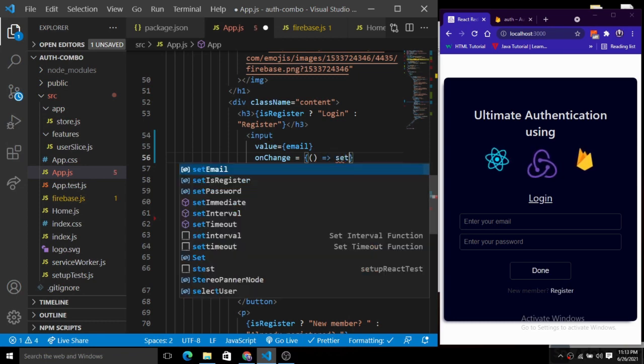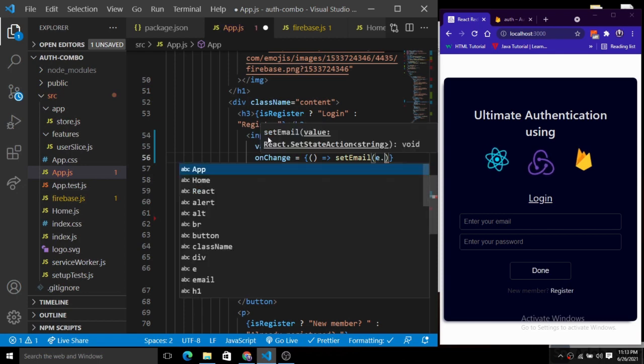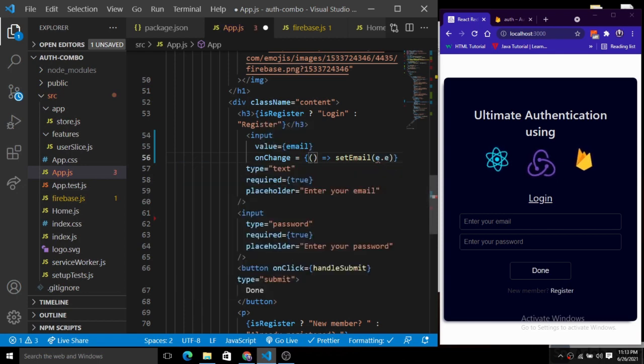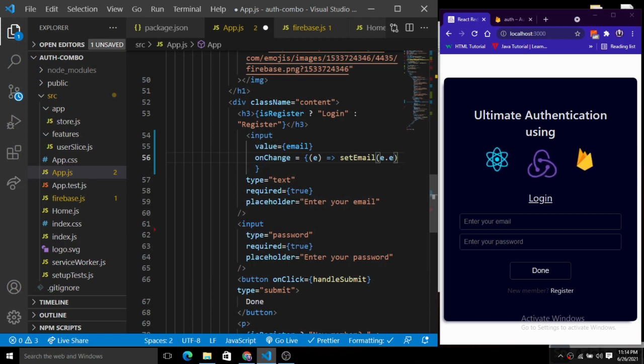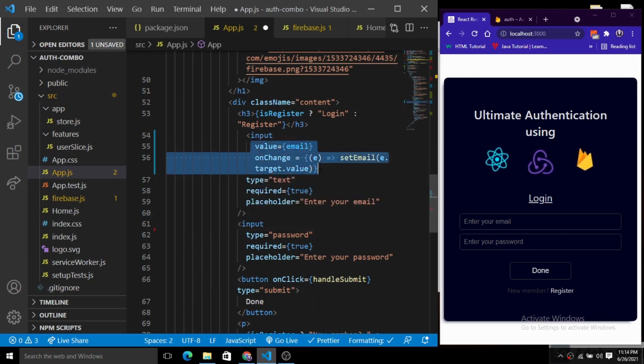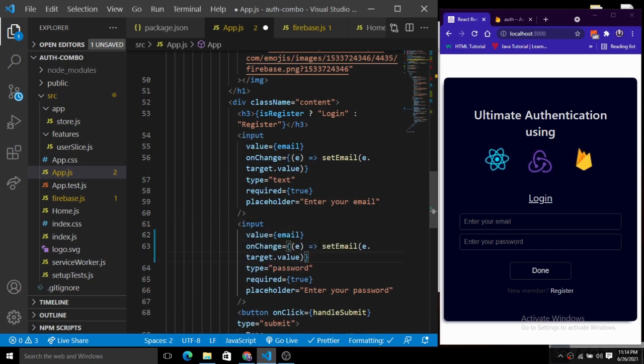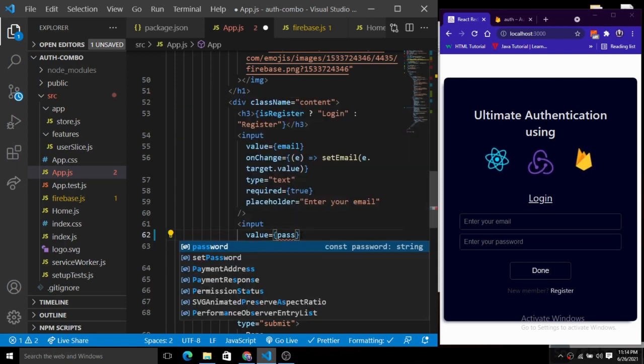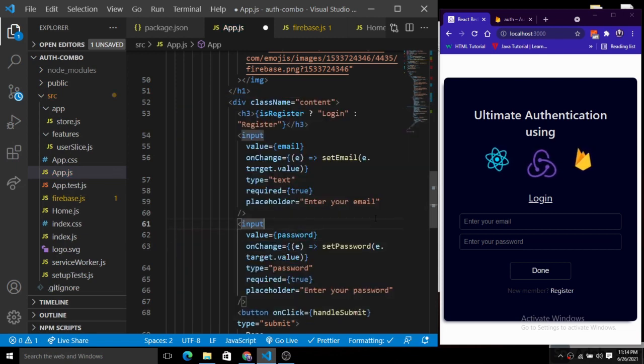So setEmail, let's add the event as an object here, e.target.value. Do the same thing for the password also. Grab that, paste it down inside of this password, and instead of email, update it with password, and put the value also as password like this. Okay, so let's save this. So we have the email and the password state here.